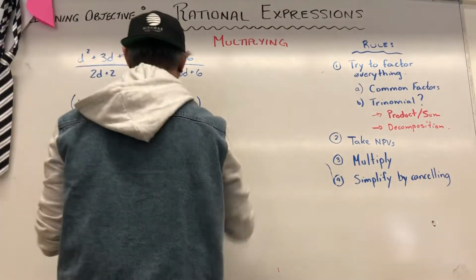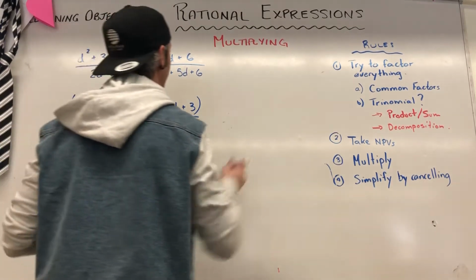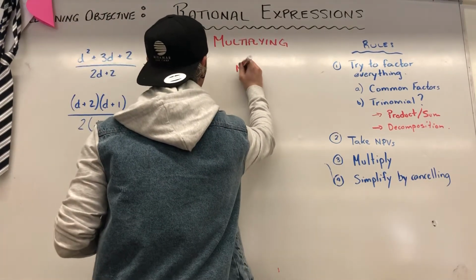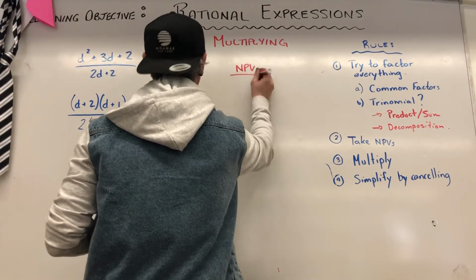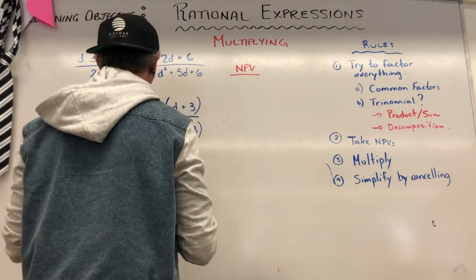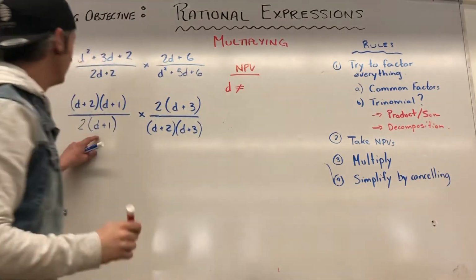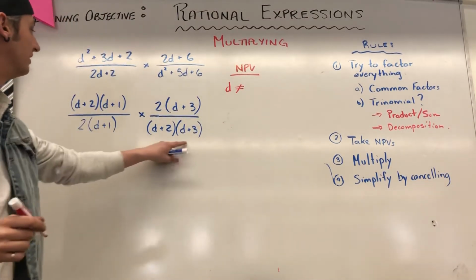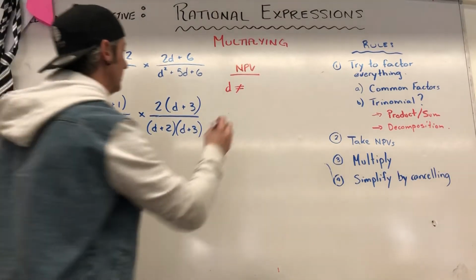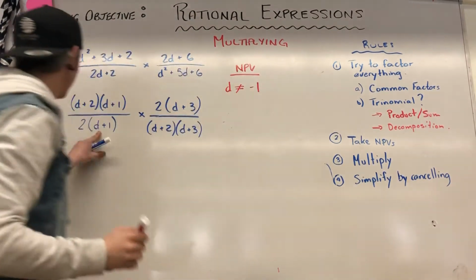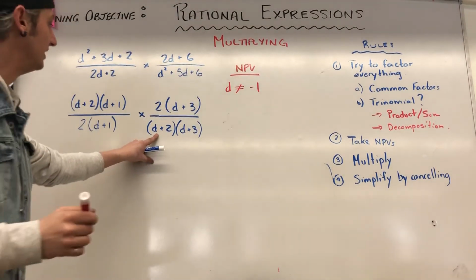And by doing that, I find that my NPVs are... d cannot be, what values of d will make the denominators here 0? Well, if d is negative 1, negative 1 plus 1 is 0, and 0 times 2 is 0. If d is negative 2,